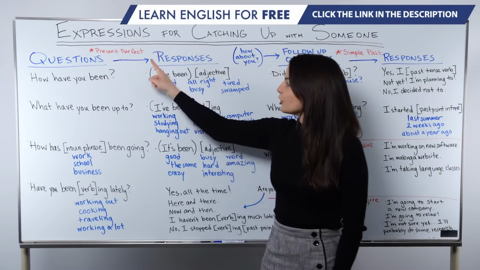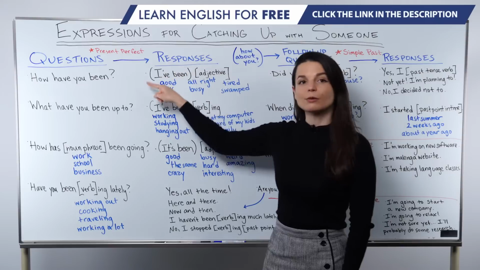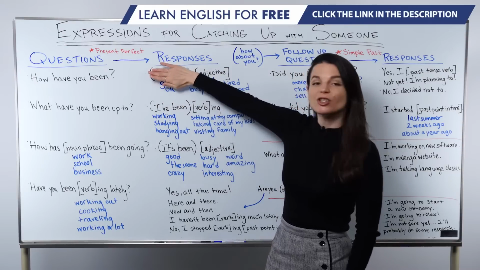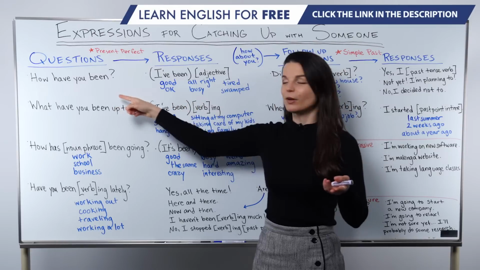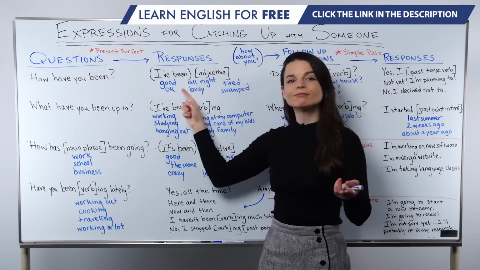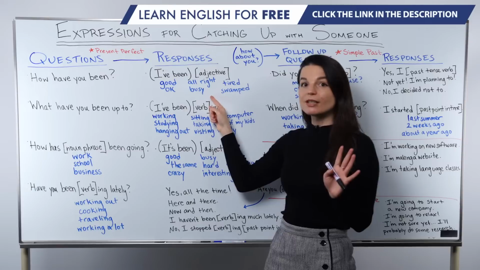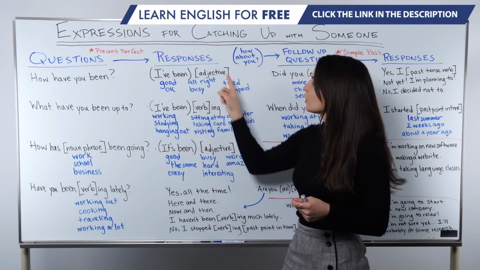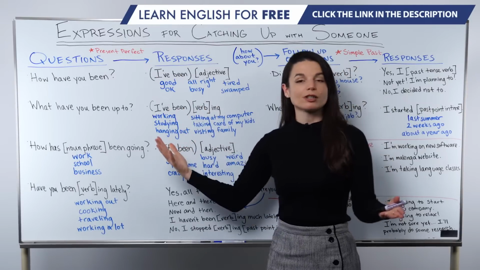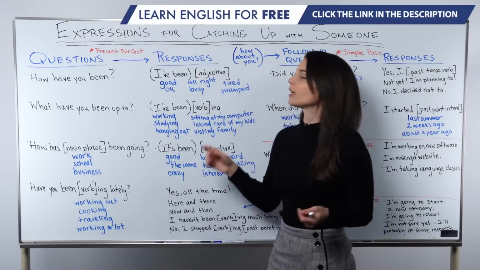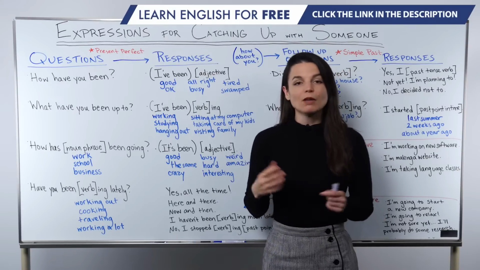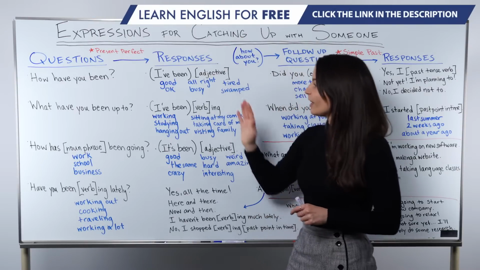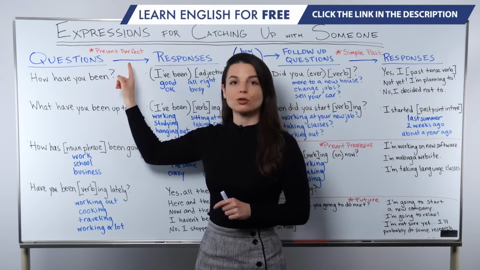Good. And you'll notice here I have parentheses around I've been. Sometimes we just respond to this question with the adjective. How have you been? Good. How have you been? Okay. How have you been? Busy. And so on. So you can use I've been if you want to create a full sentence, but generally, because it's just quick and easy, we just say the adjective to respond. How have you been? Good. Okay, let's look at the next present perfect question.